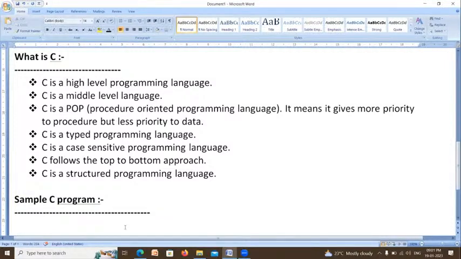Machine language is called low level language. But when we write the program using simple English words, those languages are called high level languages. C language supports the features of high level language as well as low level language, so it is called a middle level language. Clear? Yes, sir. Good.